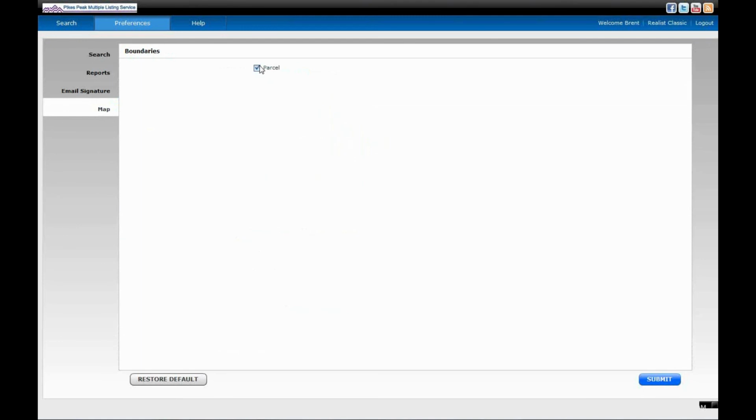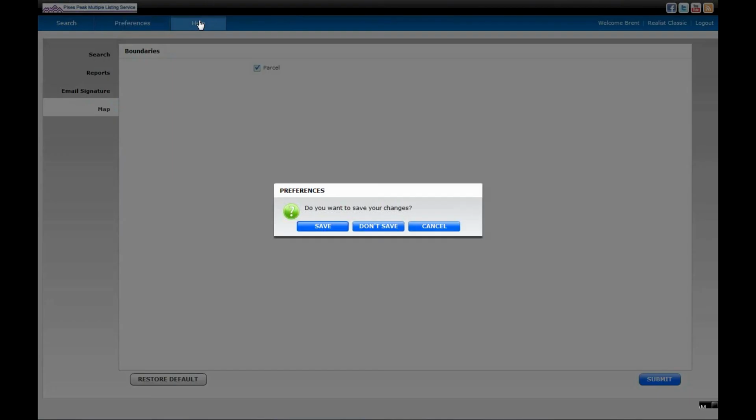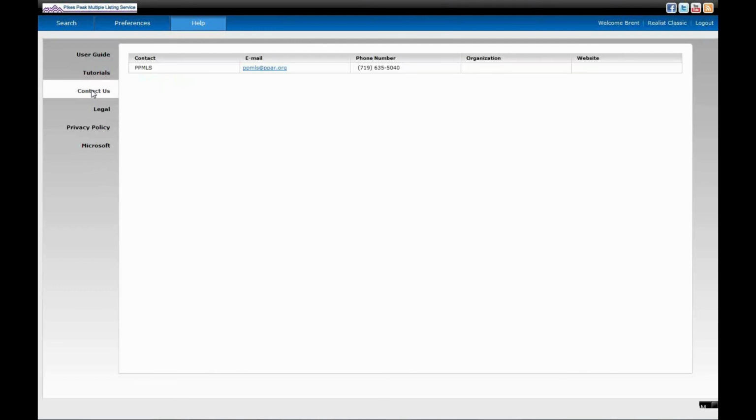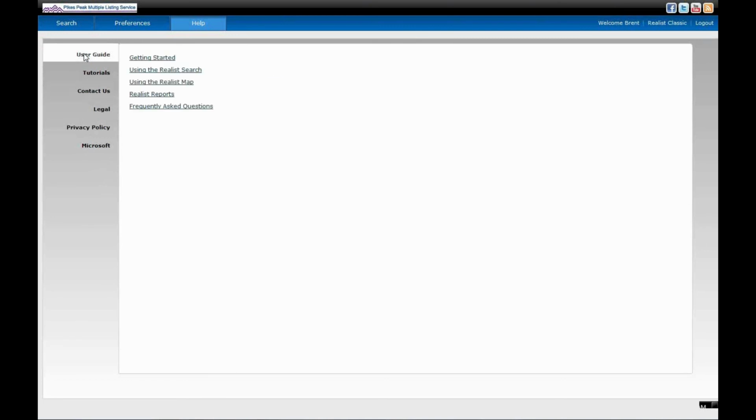Next we'll go over to the help section, where we've got plenty of privacy policies from Microsoft and a number of other folks. We've got the contact us information, of course, so if you ever do need to make a phone call, you can call the folks at the MLS. But I would highly recommend taking a look at the user guide. It's a great place to go to get your questions answered. If you click on any of them,